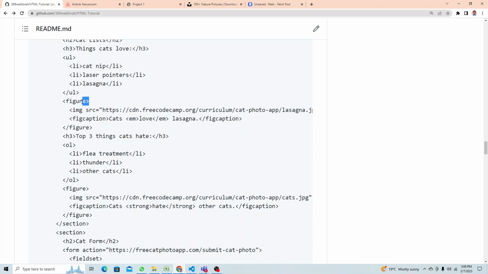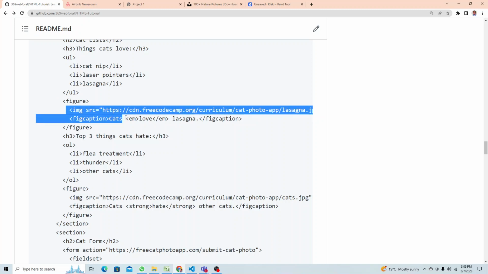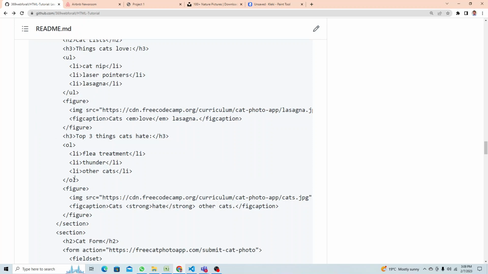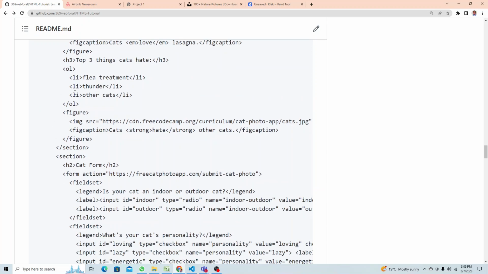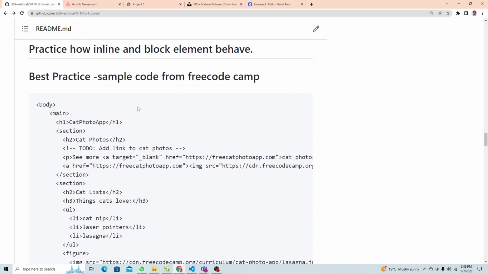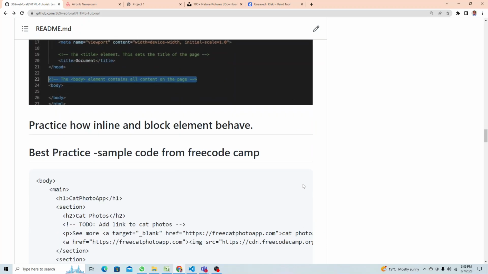In the image tag, how you should be using your image tag. When you have an image tag, you should put it inside the figure tag, and there will be a figcaption and all that. So when we learn more details about image, we're gonna check that as well. Heading 3, ol, figure. So again image is there, so see how you put the image in the figure tag. So if I copy this code, let's see if I copy this,